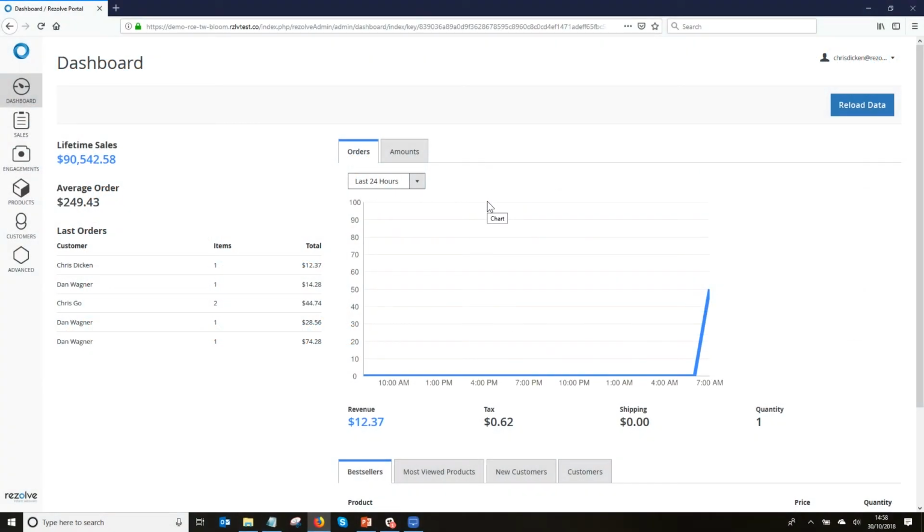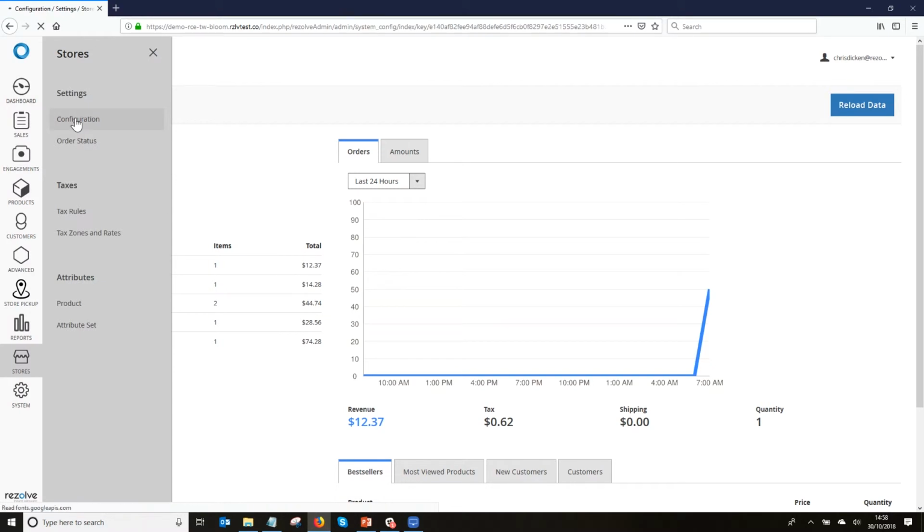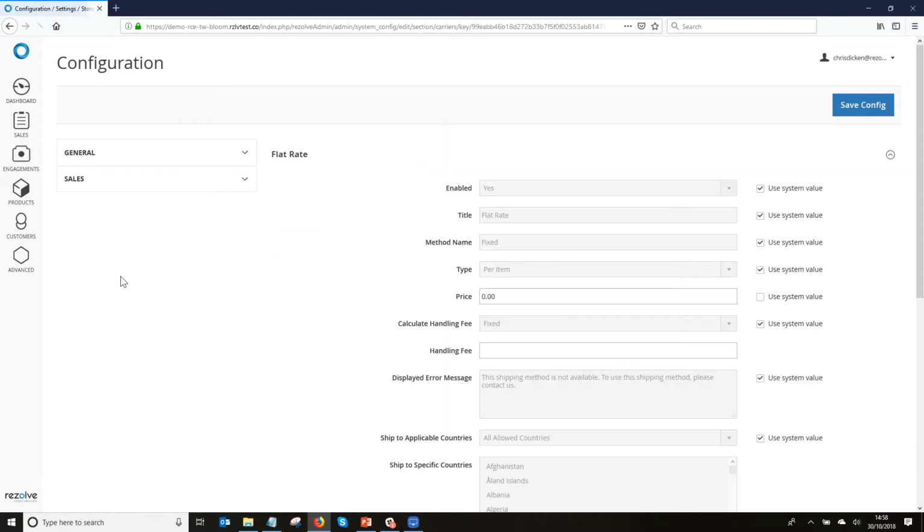So let's take a look at where the flat rate shipping charge is configured within the merchant portal. And to do that, I go to Advanced, Stores, Configuration. That's a general configuration area with a few settings in it. Once I'm in there, I need to go to Sales, then Shipping Methods, and then flat rate is the first shipping method here. You can see it's enabled, and in fact the one setting that we've got active here is price. At the moment this store has a price of 0, so it's not charging shipping, but if I did want to charge a delivery charge, I could just update that there and then click Save Configuration to save that